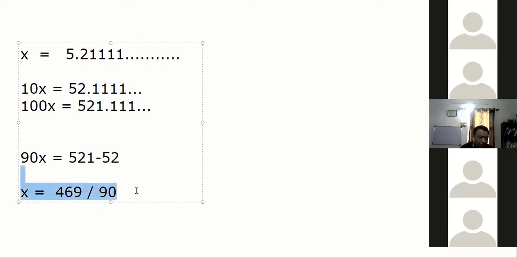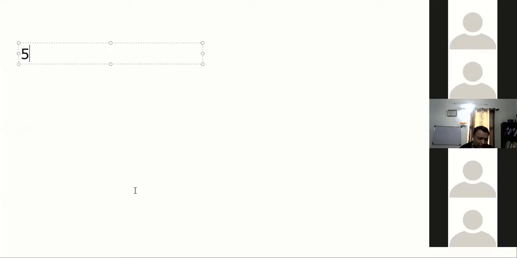Good. How will you convert this number? Like something random, 5 point something. Is it rational or irrational? Dhruv says irrational, Slesha says irrational, Skan says rational. Others please. Irrational. Rational. So guys, there are different answers.